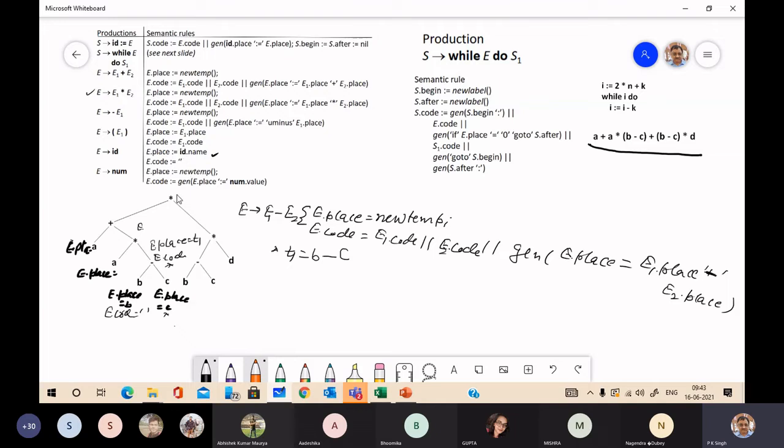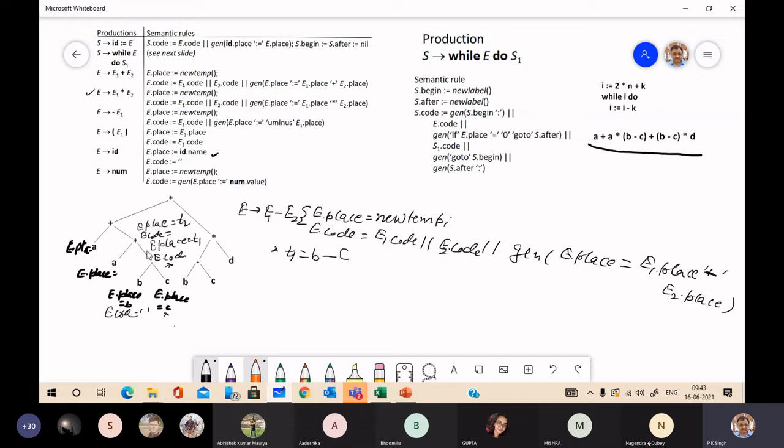Okay, E place new temp will generate T2 and E code will be, just see, it consists of E1 code. E1 code is nothing, because here we have E place equal to A, E code is null. You have to keep in your mind.